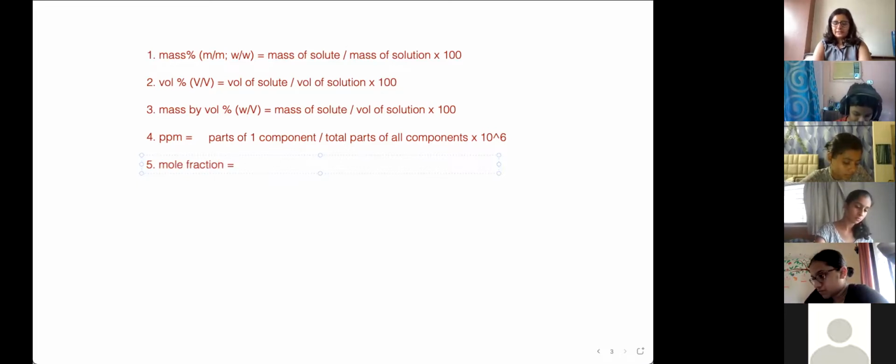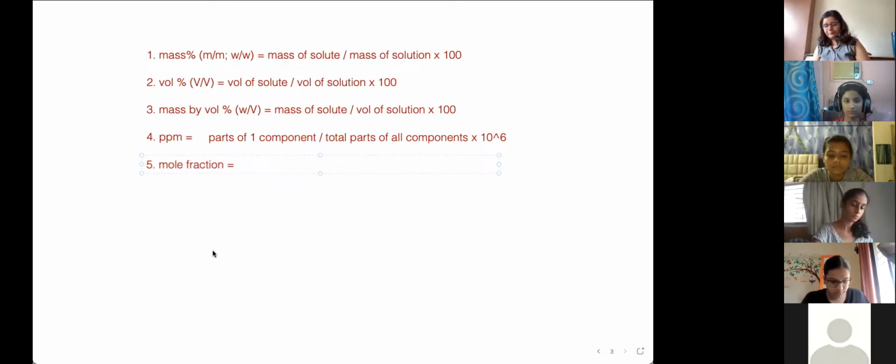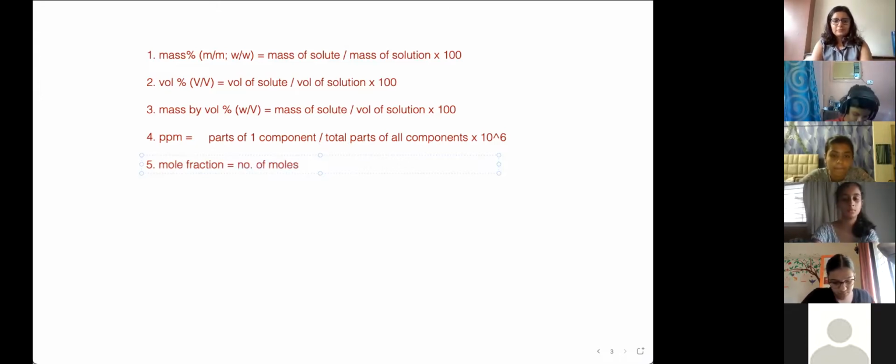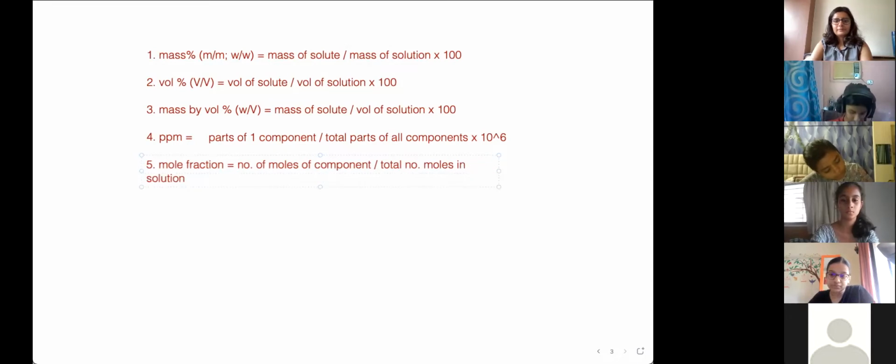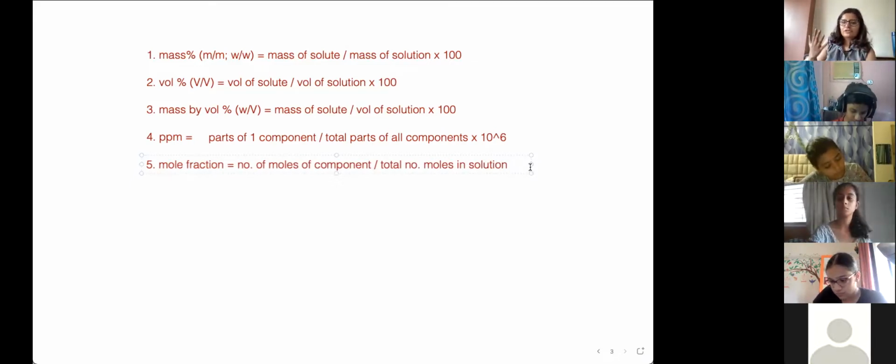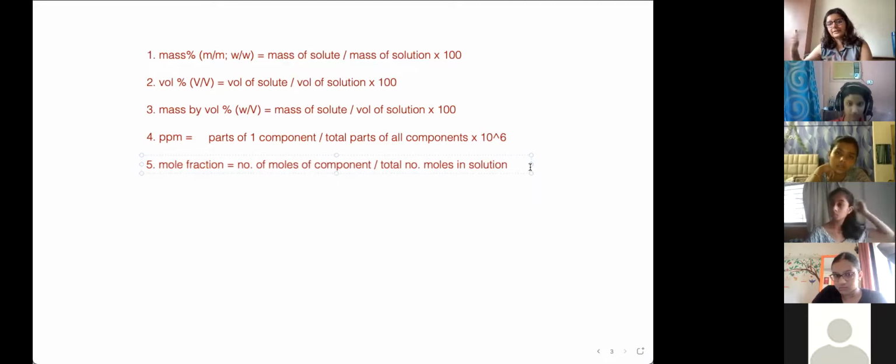Mole fraction denoted by the Greek alphabet chi. I'm gonna attempt writing again, see if this works out. Oh god. Okay. So mole fraction, quite simply, is the fraction of moles. So it's number of moles of the component that we are looking for upon total number of moles in the solution. So if you're making up a solution with 5 moles of A and 3 moles of B, the mole fraction of A is 5 upon 8, mole fraction of B is 3 upon 8. Simple as that. Okay. Next,